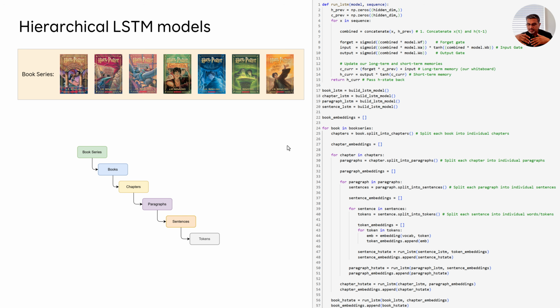So what you can do is structure this as multiple LSTMs. You would have one LSTM that's tracking information on a per second basis, another LSTM on a minute basis, another LSTM on an hour basis, another on a day basis, another on a week basis, another on a month basis, another on a year basis, and so on. So you have all these hierarchies.